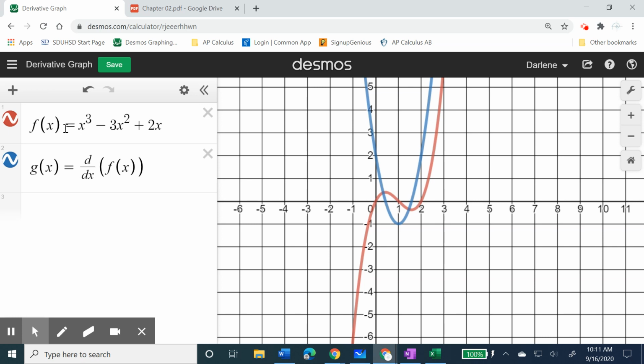If you want to use Desmos in this manner, you have to name the function. Instead of doing y equals, use pretty much any letter you want. Some letters it has predestined. Don't use E ever on Desmos unless you're using the number e. But you just need to name the function, name a new function, and this d/dx, if you put,